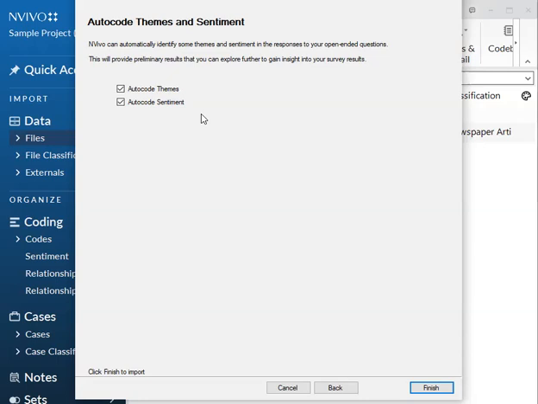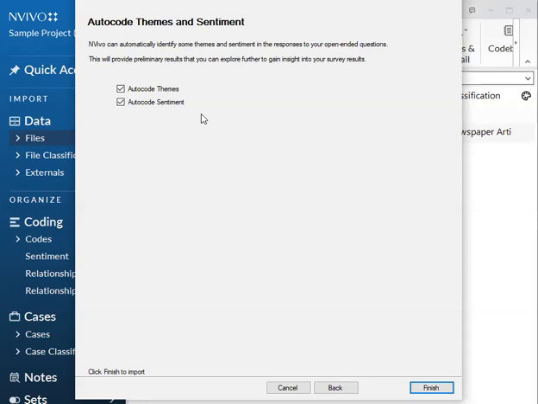And also, just a reminder that the auto coding feature for themes and sentiments is only available on the Windows version of NVivo. If you are on a Mac and want to try this feature, it is currently possible at American University to access the Windows version through the American University virtual applications and desktop.